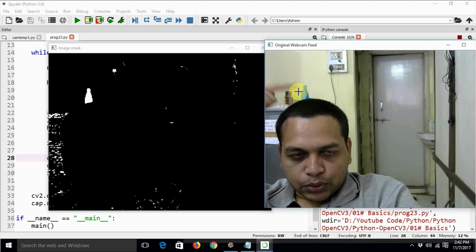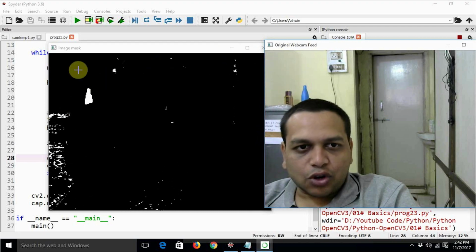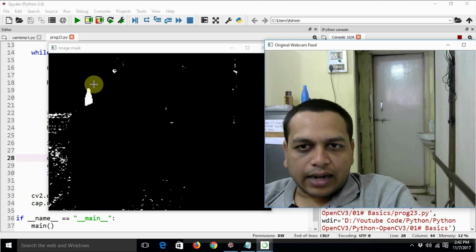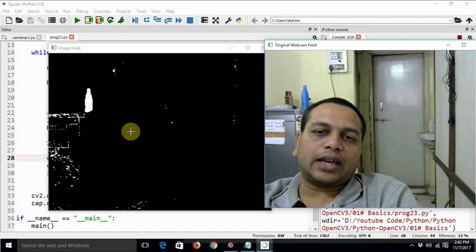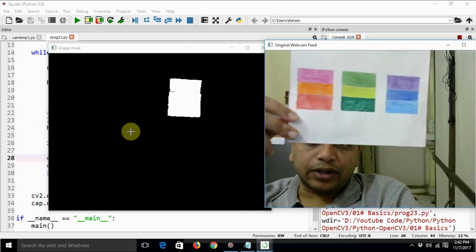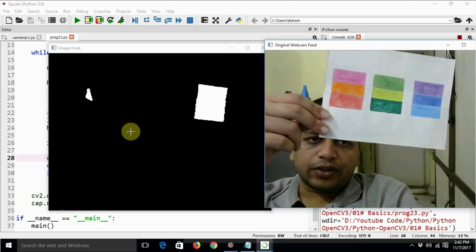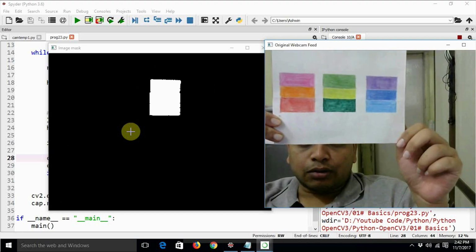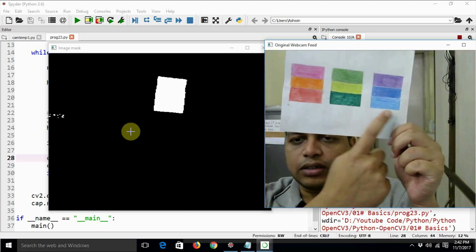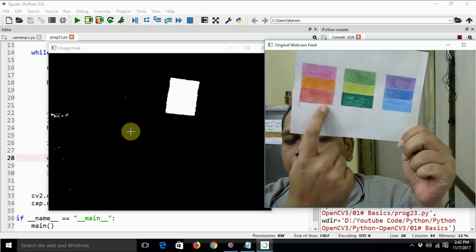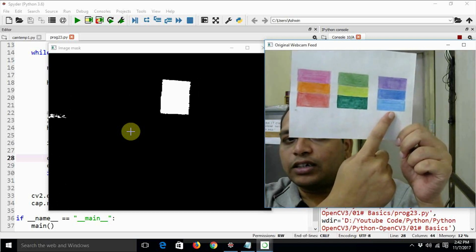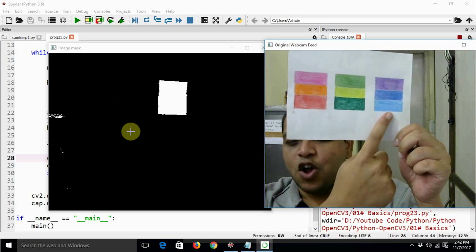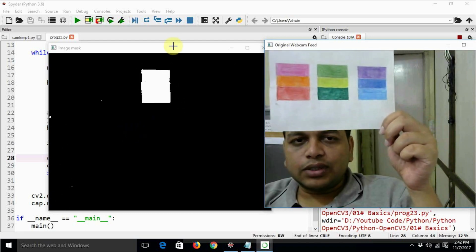That's why it is creating a mask of the blue color and showing it to us. Now I am going to flash the board that I have created for the various colors. Here we have the blue color, here the green color, and here the red color. It is only going to identify the blue color and create an appropriate mask of that color.